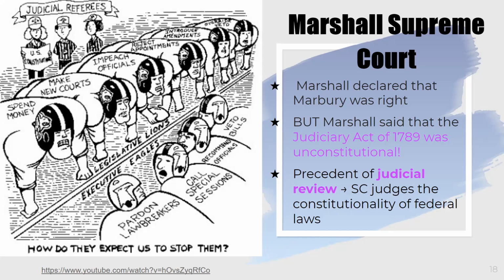So this whole thing is kind of a moot point. We can't even decide if Marbury gets his job or not, because I don't think that we should have even been granted the power to weigh in on this from this Judiciary Act. And it set that crucial precedent of judicial review. The fact that the Supreme Court can check the constitutionality, it gets to check the Congress and the legislative branch,